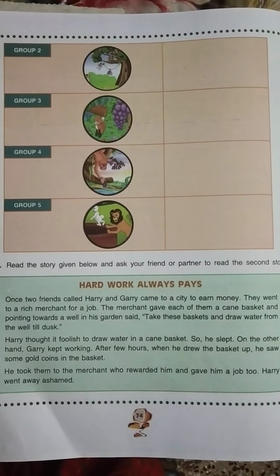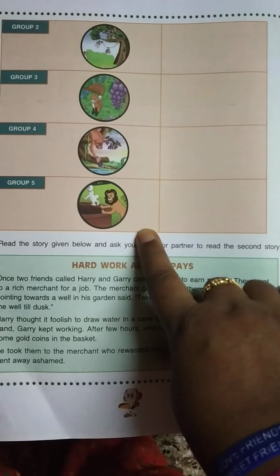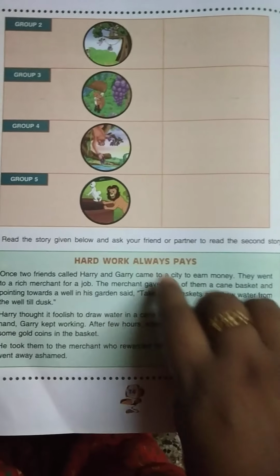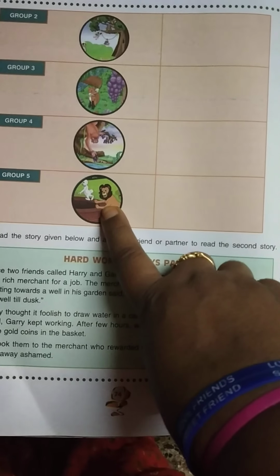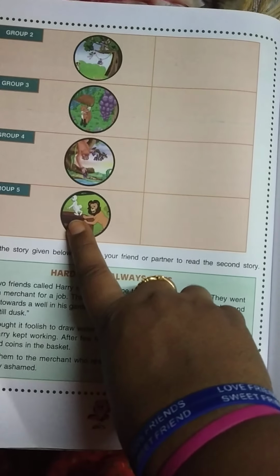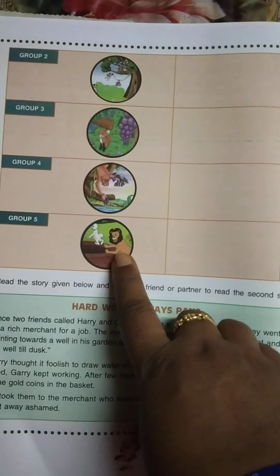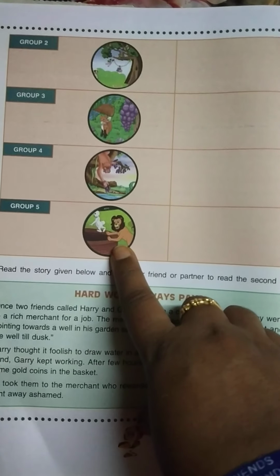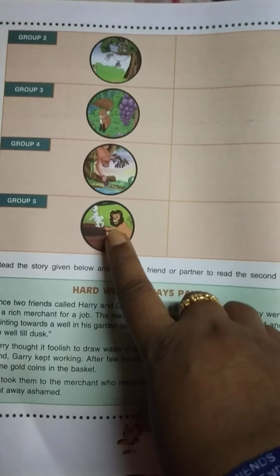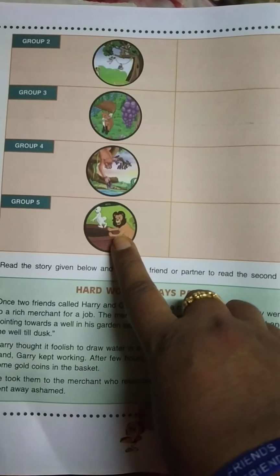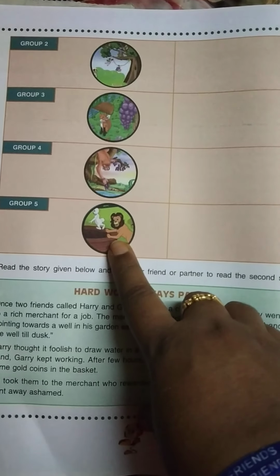Now, as you can see in the activity, there are some pictures given, and each picture has been assigned to a group of students. Suppose I talk about this picture. You see a lion and a rabbit. You ask your friend to tell a story about this particular picture. They can narrate a story on their own. So here what we mean is how a picture helps us narrate things. The picture gives us a lot of ideas to speak upon.